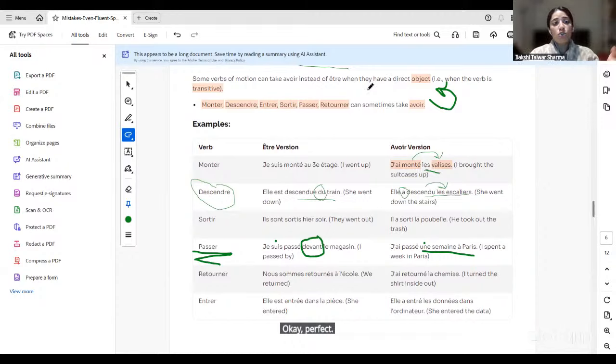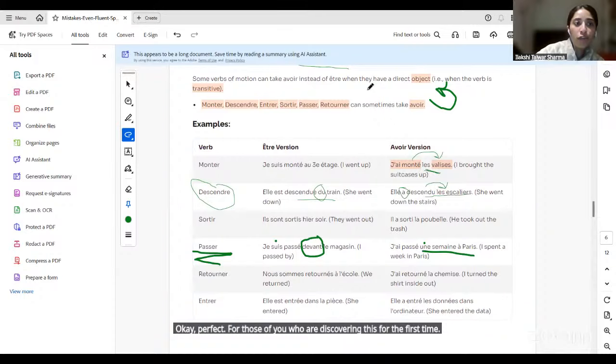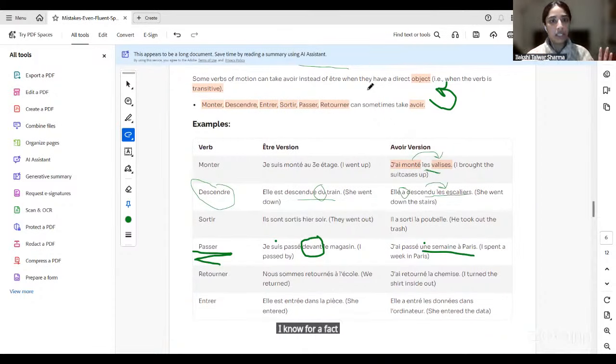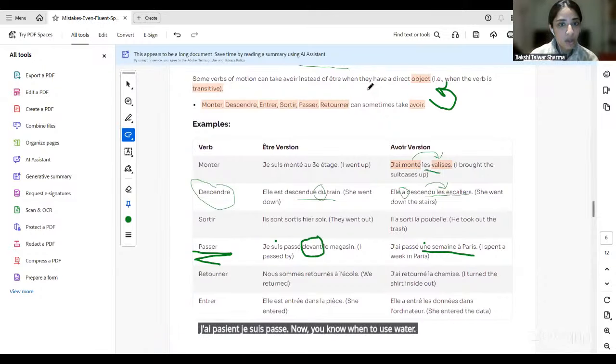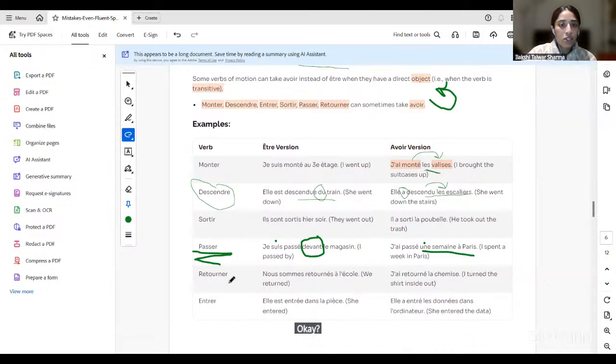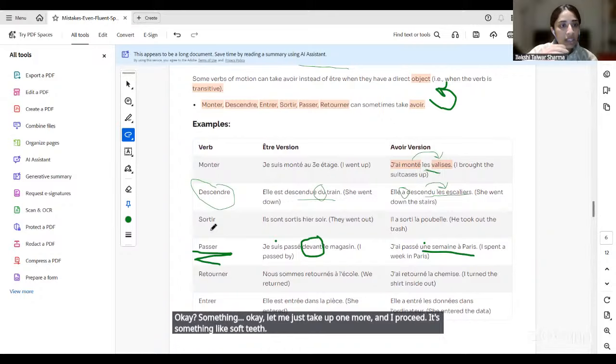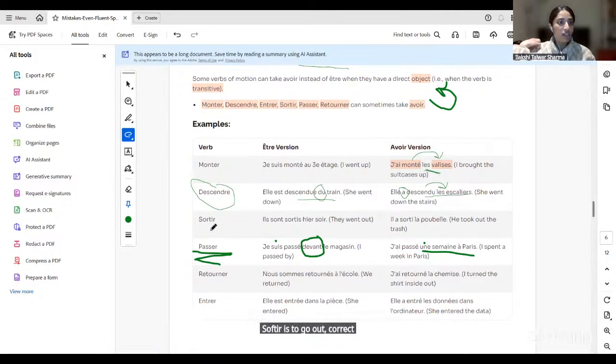For those of you who are discovering this for the first time, I know for a fact you must have seen these sentences at least. J'ai passé and je suis passé. Now you know when to use what. Okay, let me just take up one more and I proceed. It's something like sortir. Sortir is to go out, correct? So if I went out yesterday, I would say je suis sorti hier. But on the other hand,